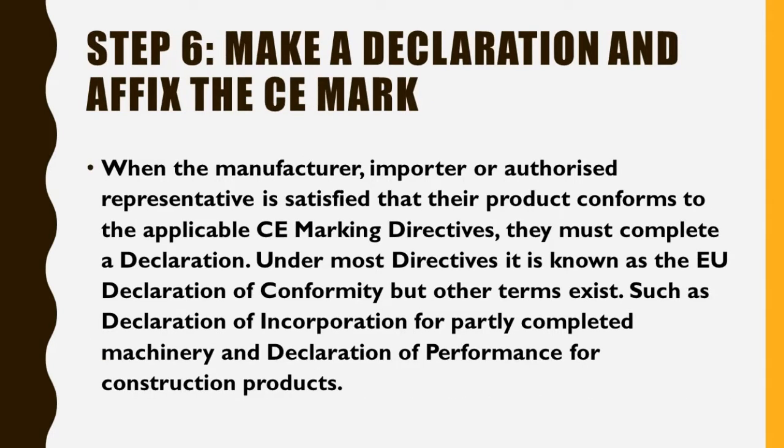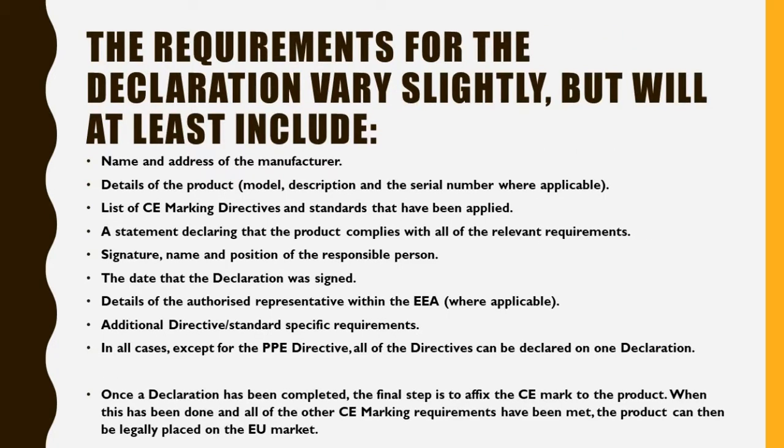Step 6. Make a declaration and affix the CE mark. When the manufacturer, importer, or authorized representative is satisfied that their product conforms to the applicable CE marking directives, they must complete a declaration. Under most directives, it is known as the EU Declaration of Conformity, but other terms exist, such as Declaration of Incorporation for partly completed machinery and Declaration of Performance for construction products. The requirements for the declaration vary slightly, but will at least include